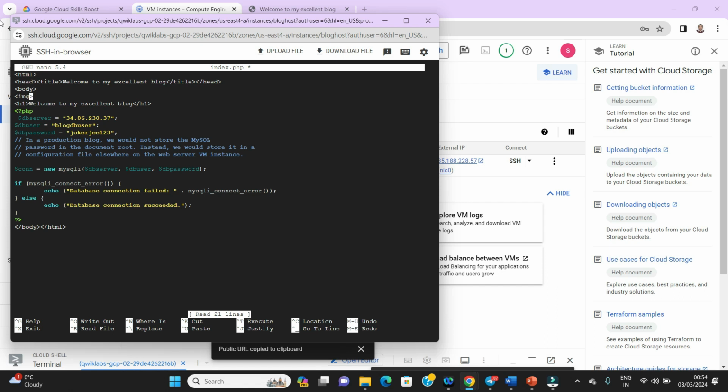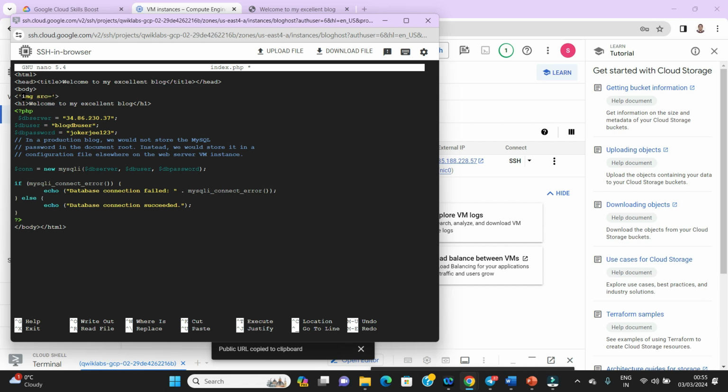For this I am adding the image tag here, and that image I am going to connect with this tag. Which image? The image which is in the bucket. So I am going to write image, and then I write the source.